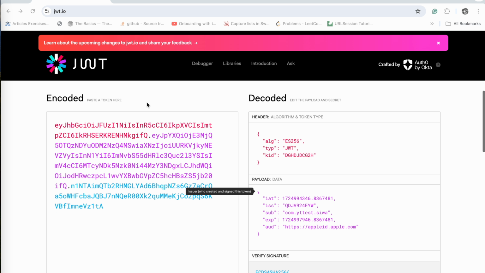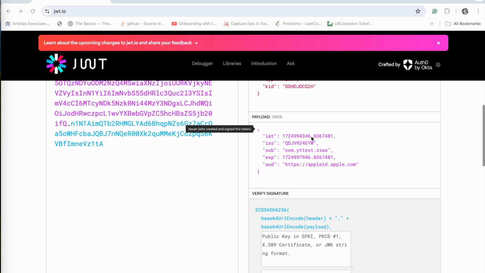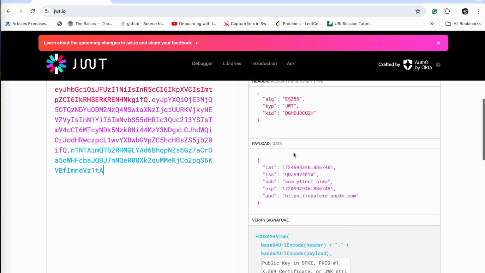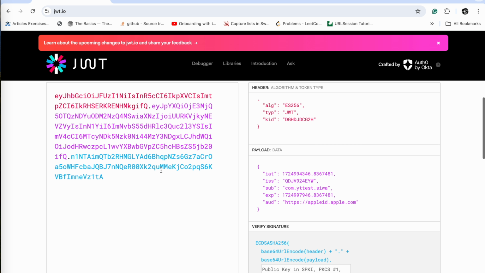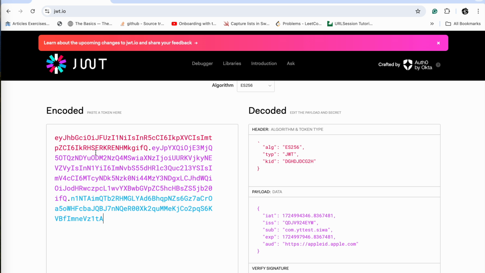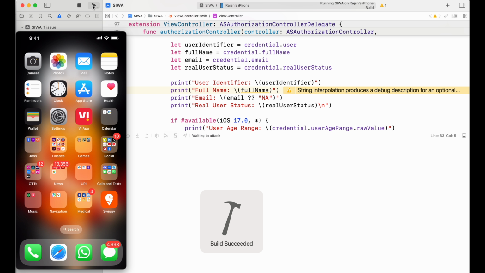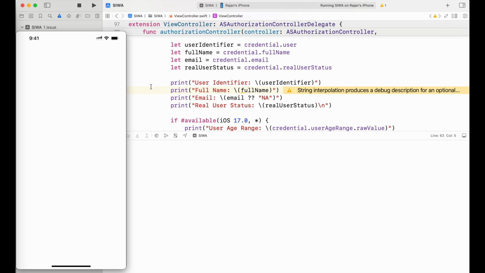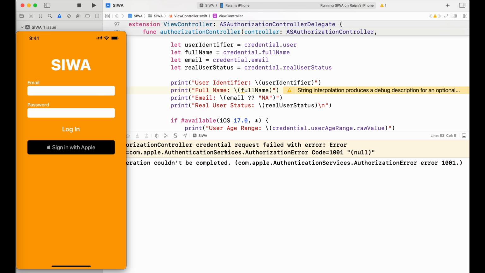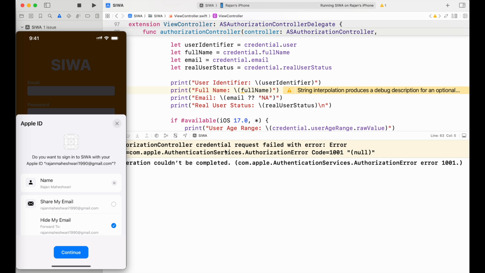So if you look at this token, we have everything. We have the algorithm ES256, we have the key identifier, and we have the initial time, we have the expiry time with us. So see, the time is 10:35 and this is 11:35, so it's valid for 1 hour, and it has a signature as well. So let us see whether this is a valid client secret or not. Now let us run the code to do the sign with Apple. And I'm going to sign with Apple, and this will be the first time because I have revoked the token manually in the settings. I'll do a continue,